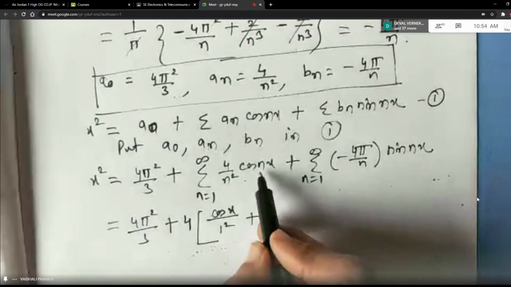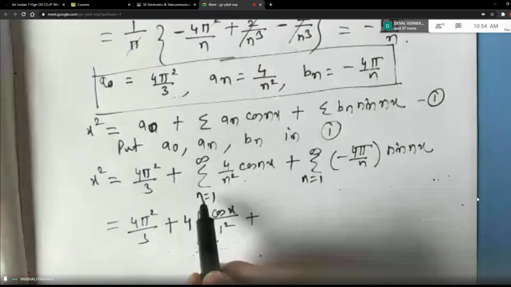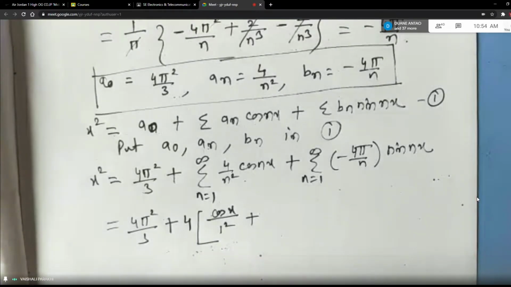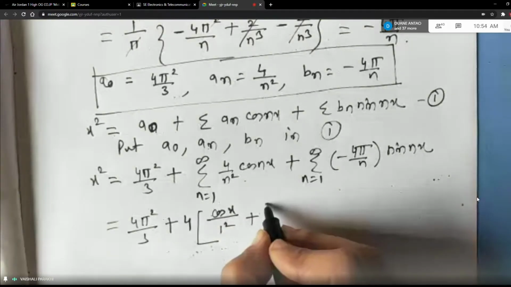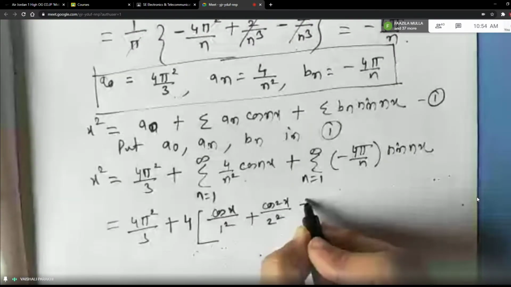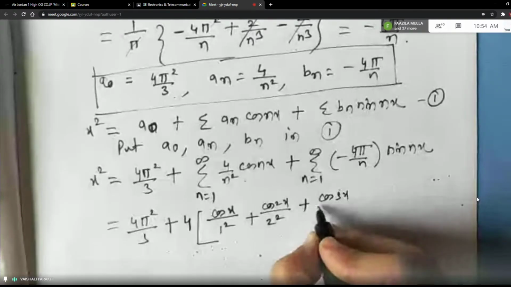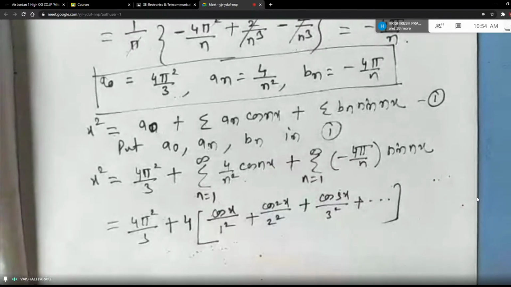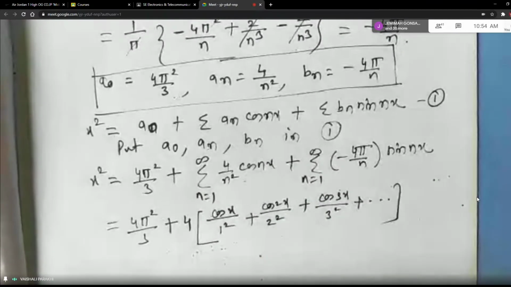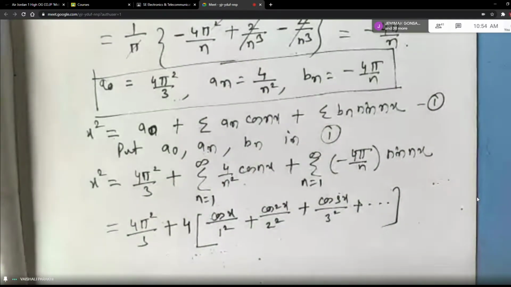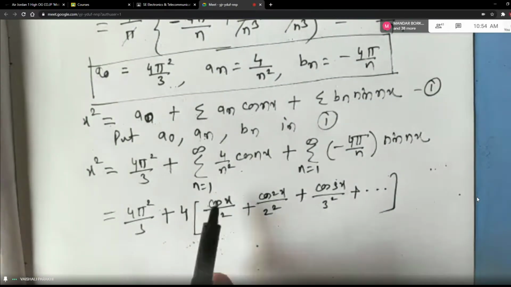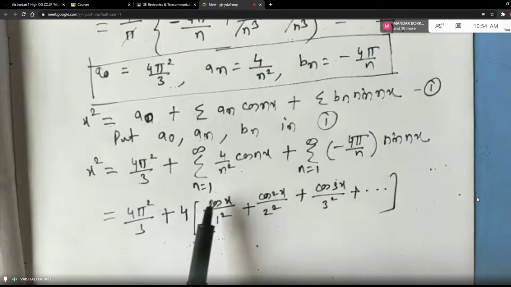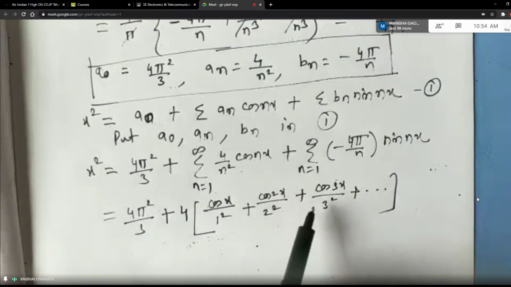Then I want to write the second term of this series. Next to 1 is what? 2. So I'll put n is equal to 2. So it is cos of 2x by 2 square. Then I'll put n is equal to 3, so it will be cos of 3x by 3 square. I wanted to write the first few terms in this expansion, because this series is an infinite series, as I mentioned earlier. There will be infinitely many terms. We are not interested in all the infinite terms, right? So the first 3 to 4 terms are enough for us. All of you understood what I did? First I replaced n by 1, then I replaced n by 2, then I replaced n by 3, and I got this.